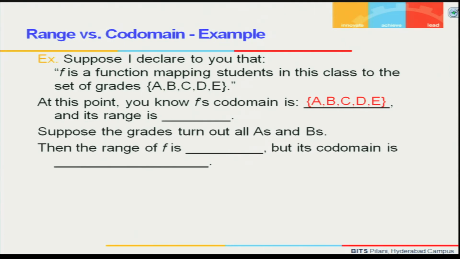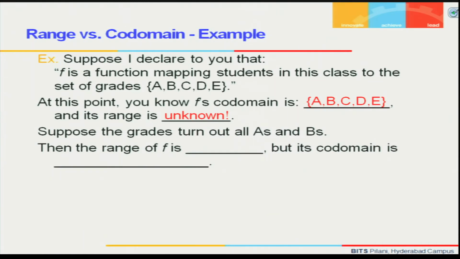I may give all the grades running from A to E, or I can give only A, B, or only C, D, E. What finally I give grades to you will not be known unless it is given to you. Hence, the range is unknown. All you can say is that the range can be any subset of A, B, C, D, E. That is all you know. But actually, what is the range? You don't know. You can always say that it can only be a subset of the codomain.